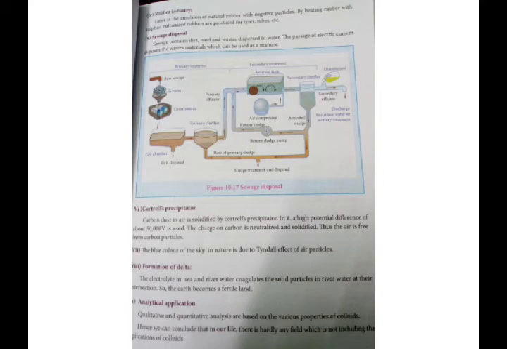Sewage disposal, including the diagram, how the primary treatment takes place, secondary treatment, that we'll discuss. They gave what are the things present in the sewage. By passing electric current, that waste is deposited. That waste we are using as manure. Then they gave the Cottrell precipitator, that is carbon dust in air, which is solidified by using this Cottrell precipitator. If we apply electric current over that, oppositely charged particles migrate so that the charges get discharged.